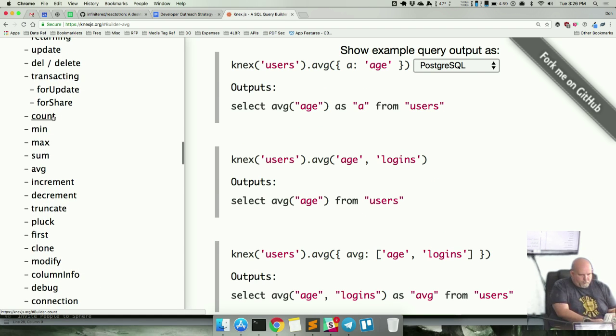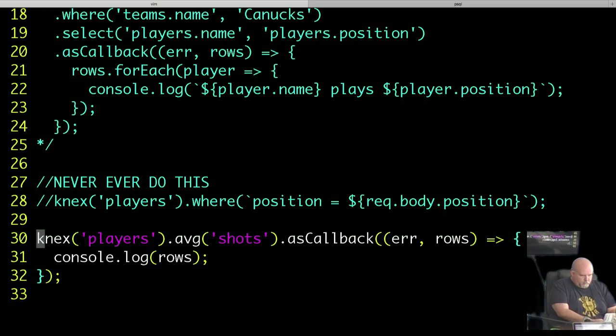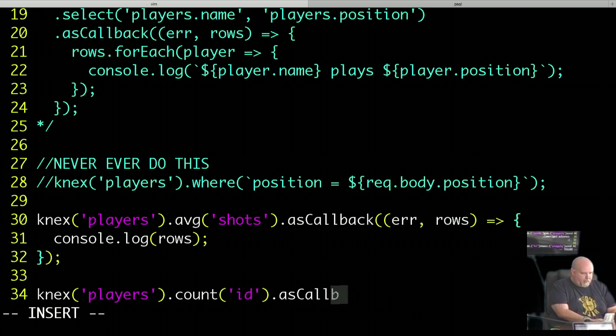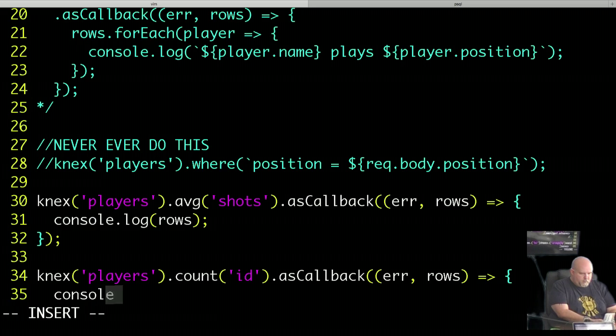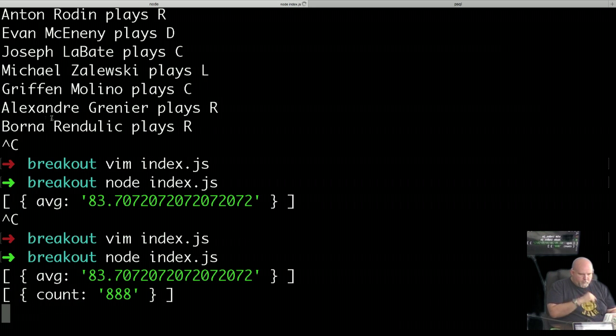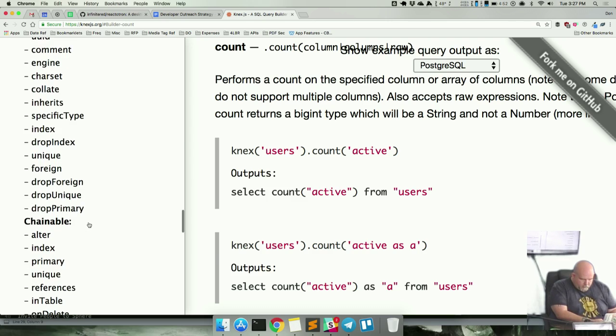Same thing like if I did a count, for example. Knex players, you know, for example, let's say I count the IDs. I'm going to get back count and 888. So whatever the function name is that I ran, I will get that back as my key. But I do also have the ability, if I find it down here,